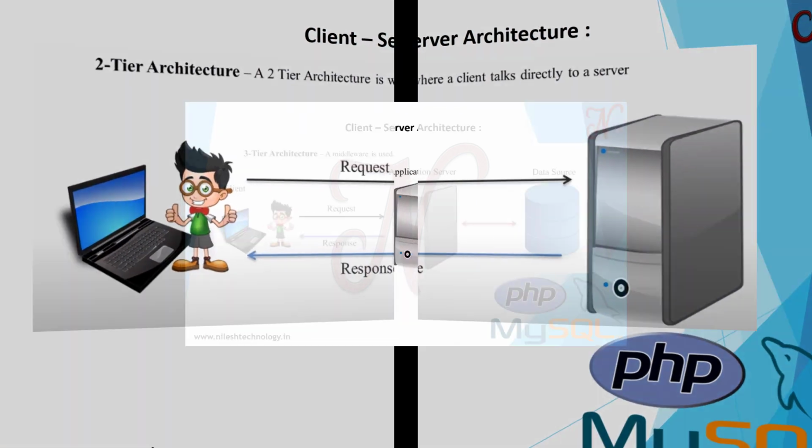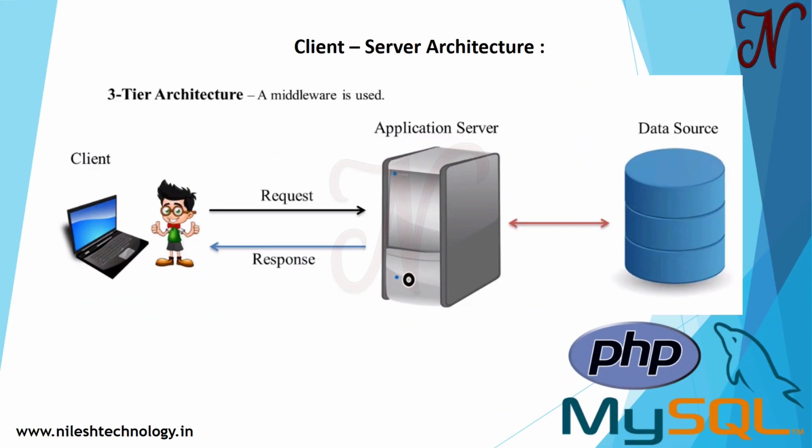So next is the three-tier architecture. See here, there are a total of 3 nodes: client, application server and database. In a variety of client-server contexts, extra middleware is used. That means the client request goes to the server through that middle layer, and the response of the server is received by the middleware first and then goes to the client.